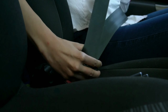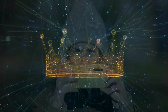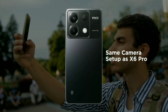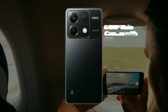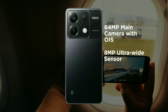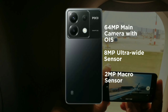Now buckle up camera enthusiasts, because we are entering the crown jewel of this phone, the camera. Brace yourselves, because the Poco X6 5G provides the same incredible setup as its Pro sibling. Get ready for a triple camera powerhouse, a 64 megapixel main sensor with OIS for stunning clarity and detail, an 8 megapixel ultra-wide lens for capturing expansive landscapes, and a 2 megapixel micro sensor for getting up close and personal